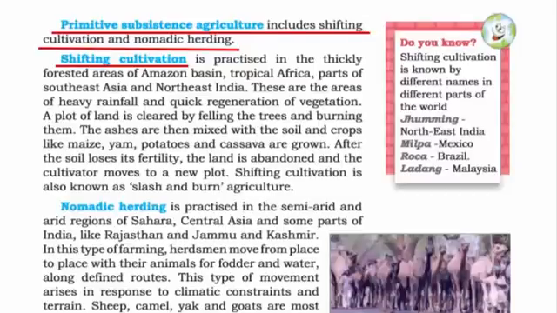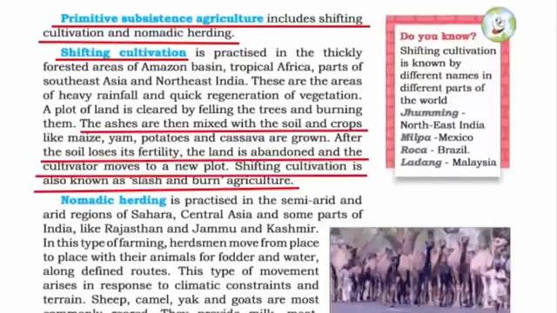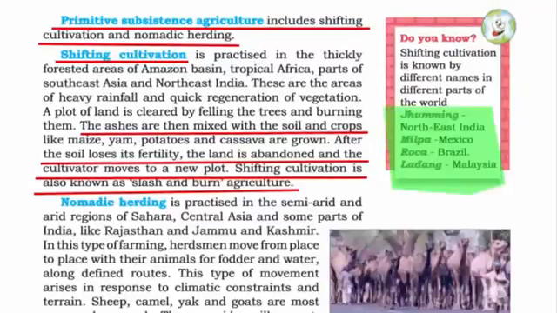The meaning of shifting cultivation, as you can figure out by the name, is that you shift your cultivation from land to land. Here you take the ashes of burned trees and mix them with the soil and grow crops until the soil loses its fertility, and then you move to a new land for cultivation. This is called shifting cultivation, and it is also known as slash and burn agriculture. Though this is a highly inappropriate way of cultivation, here the land is abandoned as soon as it loses its fertility. This type of cultivation is given different names in different parts of the world. In northeastern India we call it jhuming, in Mexico it's called milpa, in Brazil roca, and in Malaysia ladang.